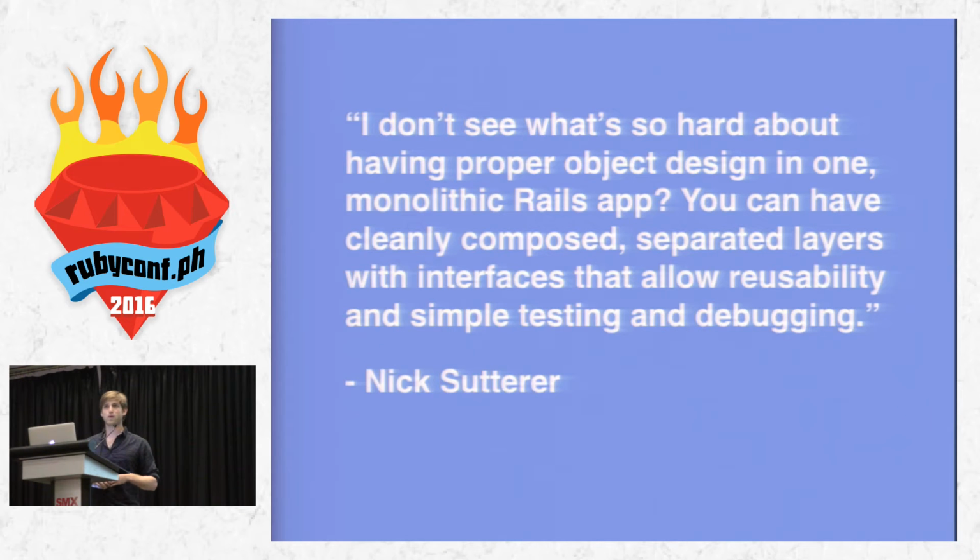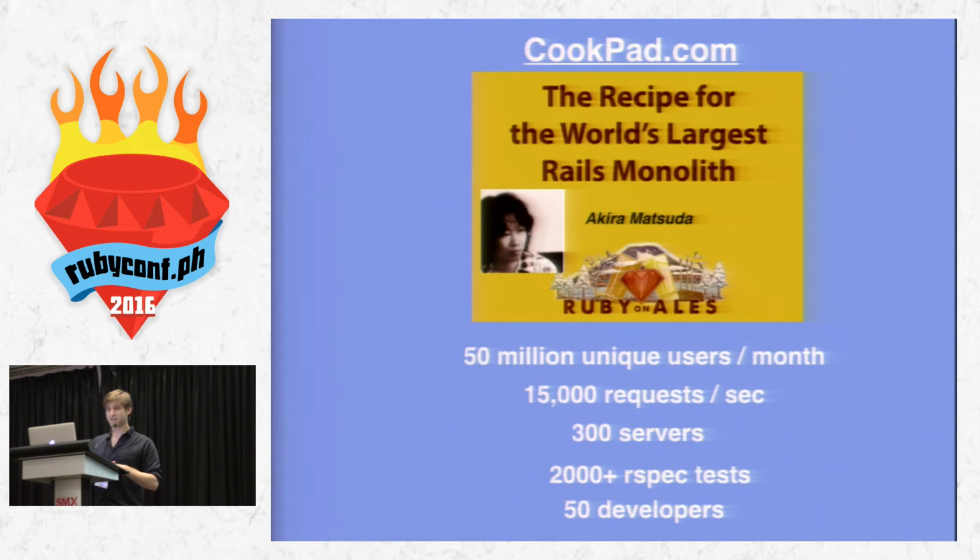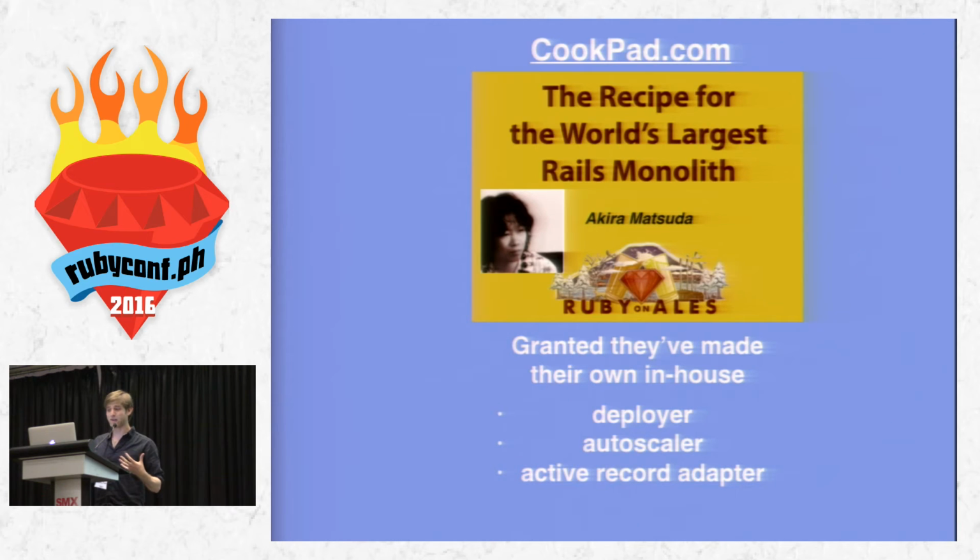So I wanted to look at some success stories of monolithic apps, and Akira Matsuda, get another shout out, has a really great presentation of cookpad.com, where he's got a team of 50 developers, and he gets 50 million unique visitors a month, 15,000 requests a second, 2,000 tests, and they're able to make this work. Granted, they have their own in-house deployer, autoscaler, active record adapter, so maybe they're some really, really smart guys, and they can make it work, but